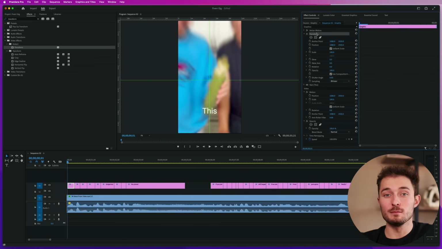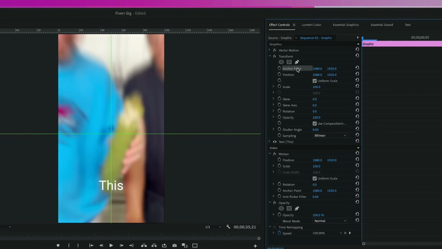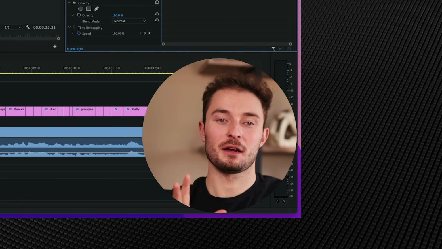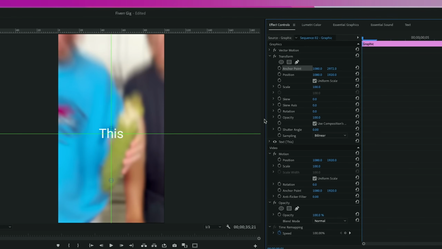So first, to move the text around or center it on the screen, we'll want to move the anchor point. Now the second value relates to the height of it. So we're just going to drag it up until we reach the center of the screen, just like that. From here, if we want to make it look like it's popping onto the screen, what we can do is under the scale section, just move it down slightly. So maybe we'll start it at like a